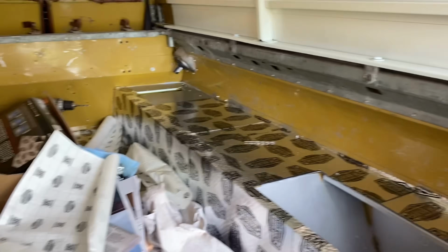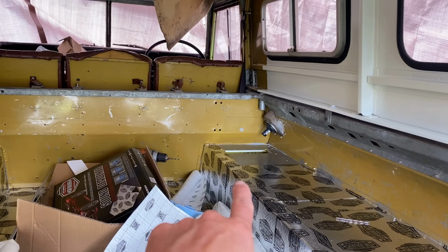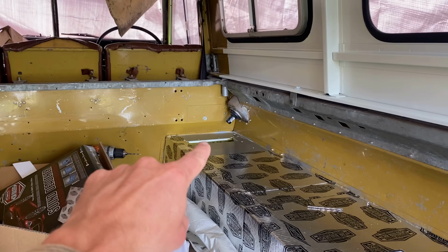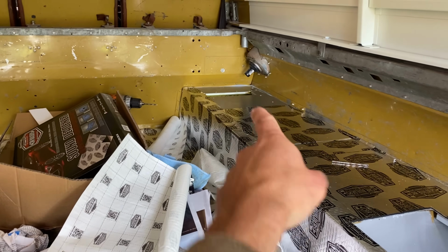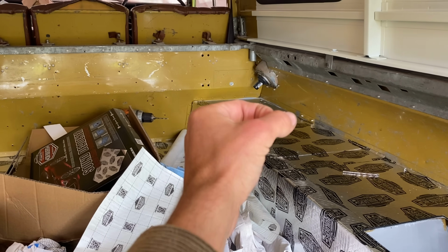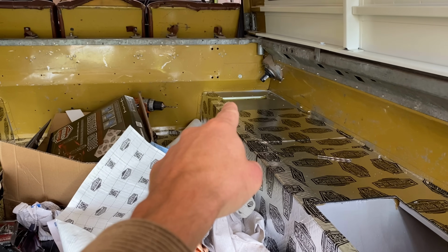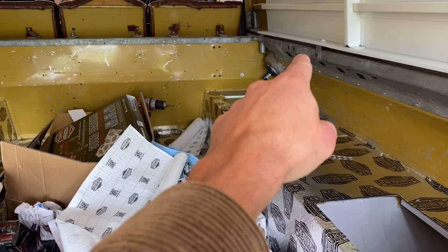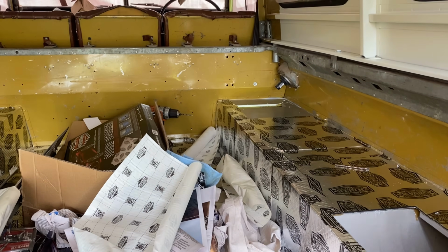All right, we've got a break in the weather. I finished off basically all the sound deadening, except in the bottom of those. I just can't do that yet because until we get the water tank, I don't know exactly, it's going to be pretty snug. I know the fill-up hole is going to go somewhere on this side. Depending on exactly where that goes through, I'm going to have a hole, and then I'm going to want to try and make the pipe line up the best way. So whether that means I put in a little elbow joint or...